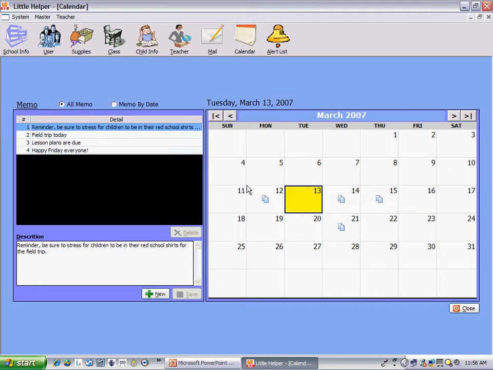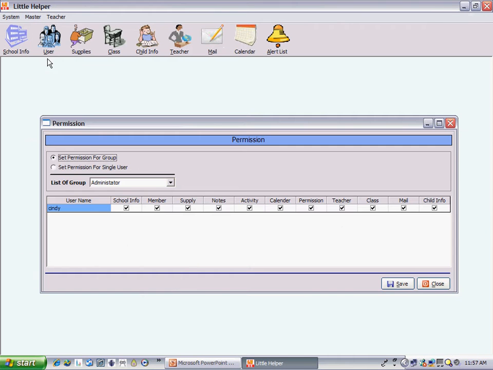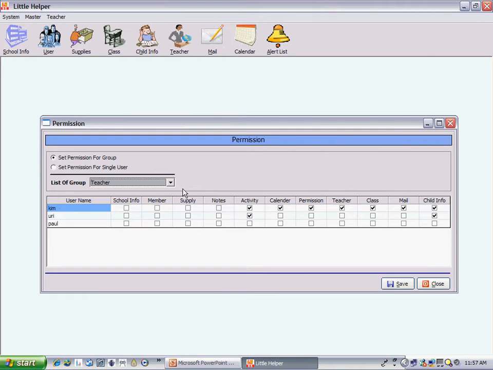Permission. Not all users will need access to all areas of the program. This program has a feature called Permission. With permissions, administrators can determine the type of access each user will have. Select the user and put a check in the box to the areas of the program that the user should